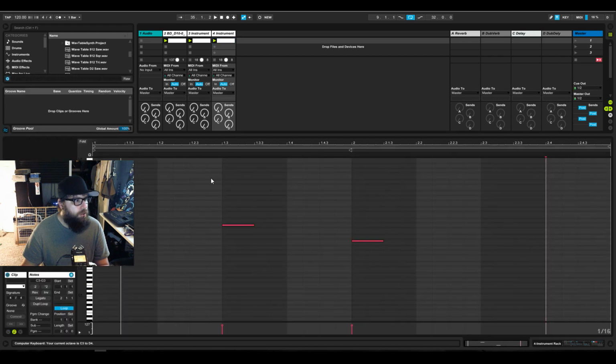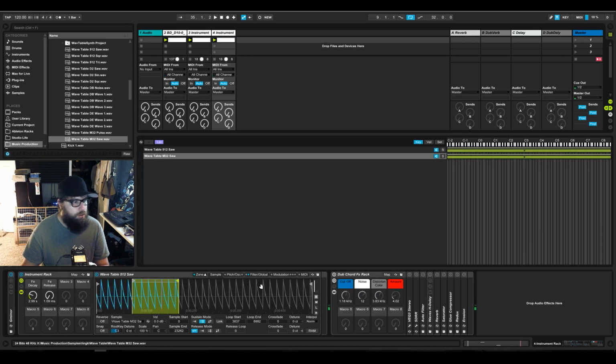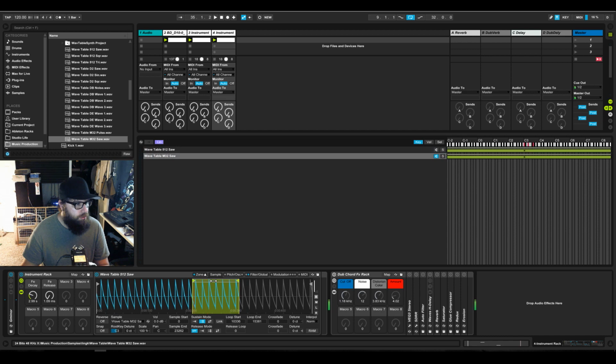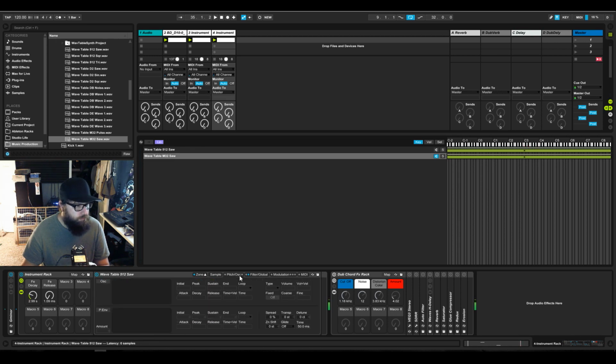Sure I'm in the right. Bring this up an octave, so that's 12 steps.